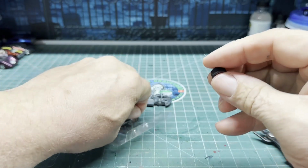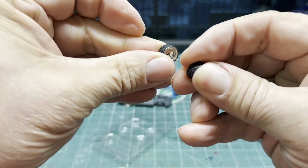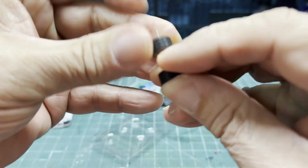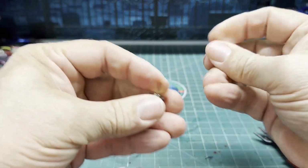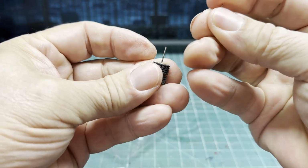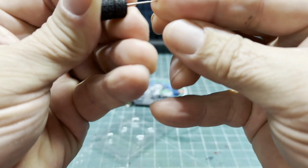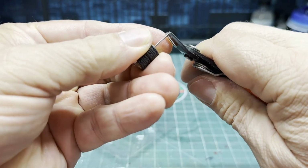So what you can do here is put the other wheel on. If you're using glue, you can just slide the wheel down so you don't get glue on your wheels. Or you can squeeze the end of the pin like I just showed you a moment ago. That's a pretty cool feature. Now with this feature here, you could actually do a wheel swap without taking your car apart,